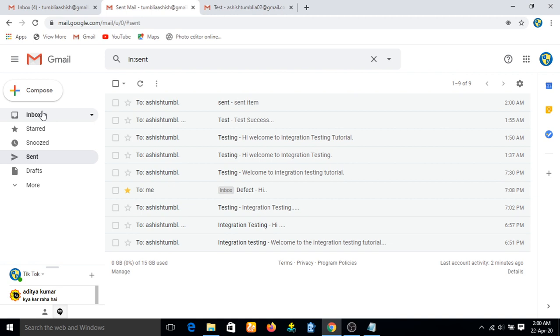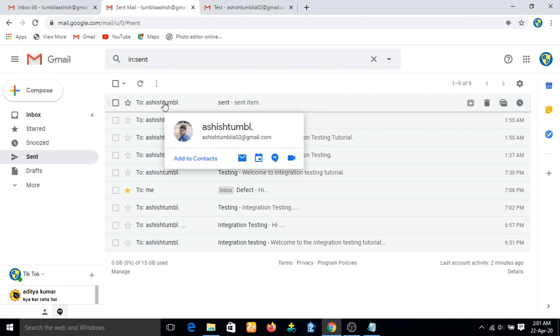If you go and check for user B, then there also the data is present, and here the data is transferred from this module to this module also. So with this we can say in these two modules there is a dependency. So this is how we can test the integration, integrity between the modules.